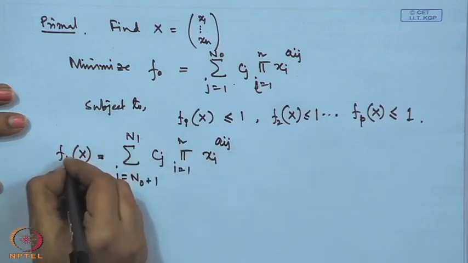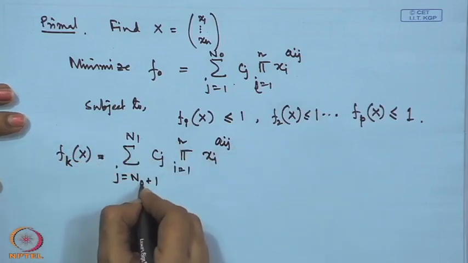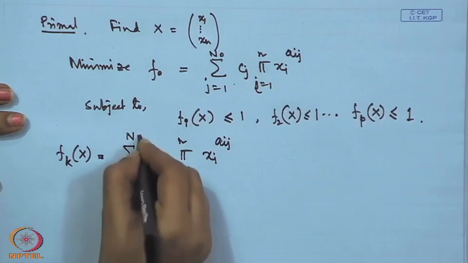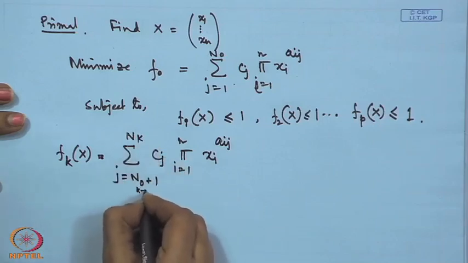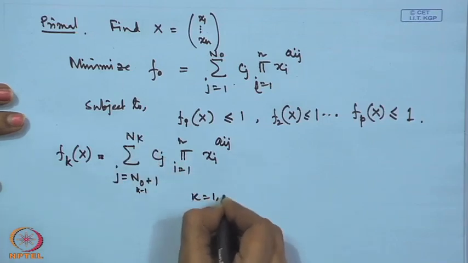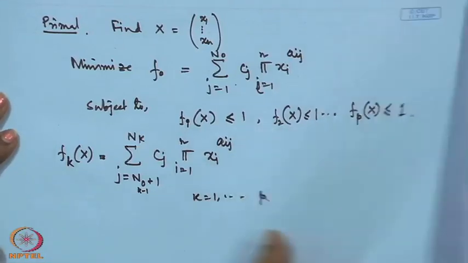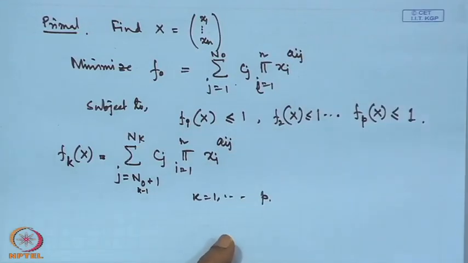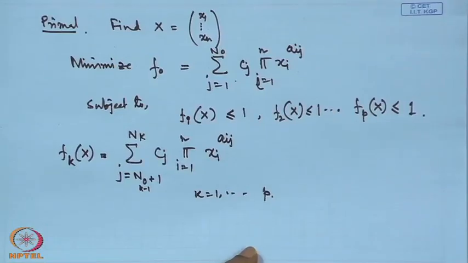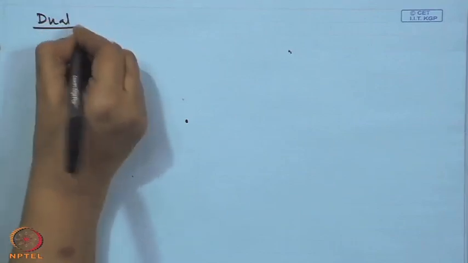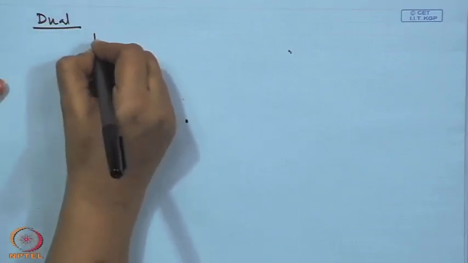Similarly, if I consider this as fk, this is again k minus 1 to k, etc. K is from 1 to p. This is the primal I considered at the initial level, and my concern is to find out the dual, because we will not deal with the primal problem, we will deal with the dual problem. That is why if I write down the dual of this primal, that would be maximization of